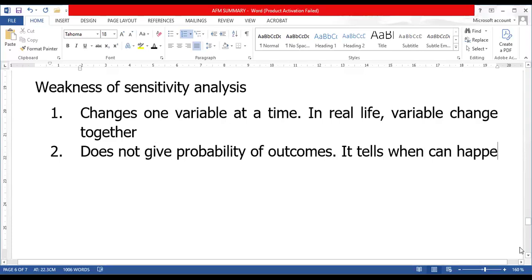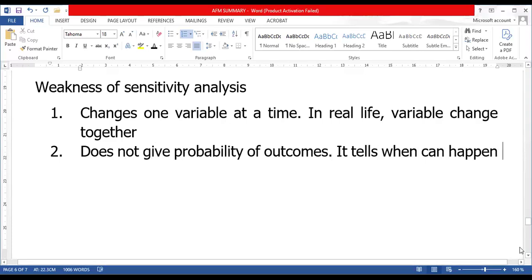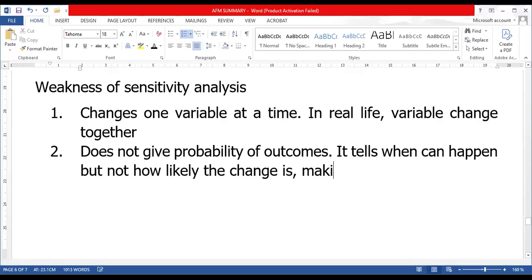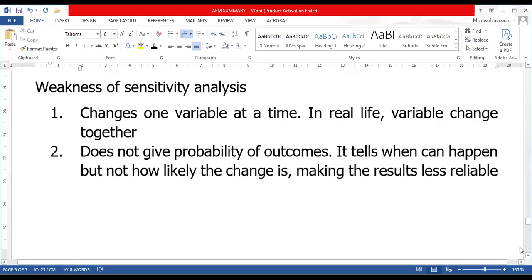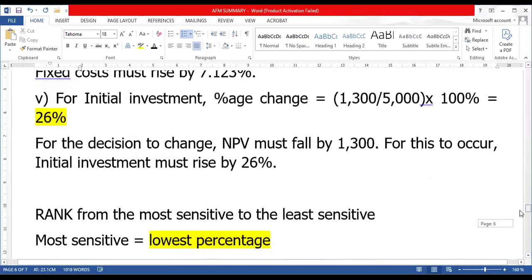It tells us when the decision can change, but not how likely the change is, making the results less reliable. This sensitivity analysis tells us that